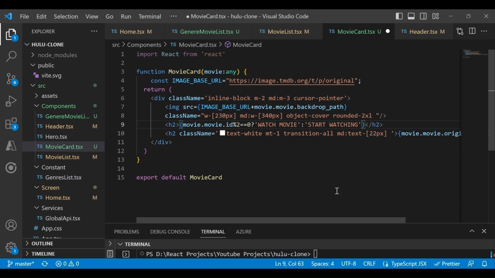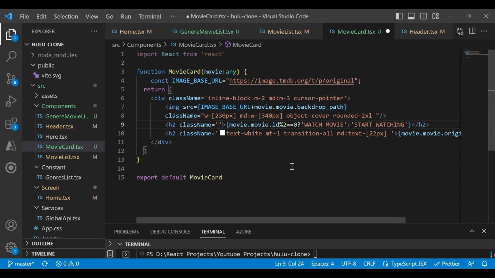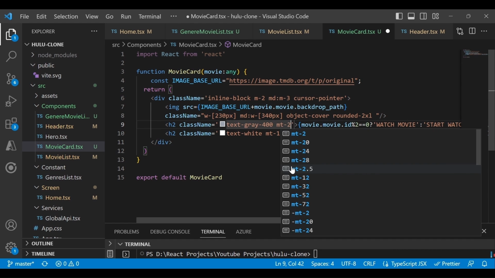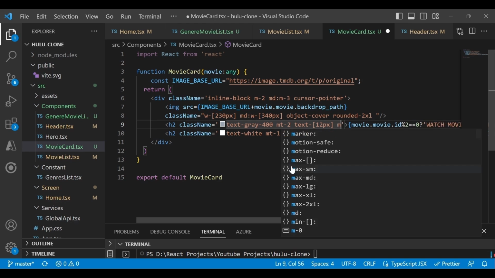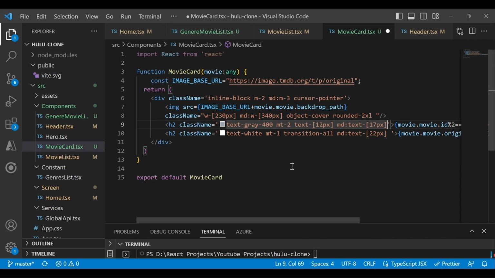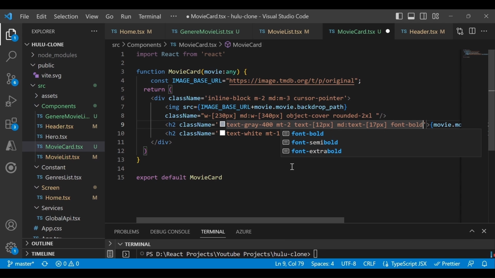Okay, very straightforward condition, and give some class name as well. So here I will give the text gray 400, then margin top 2. I will give the text size 12 pixel, and when the screen size is medium, I will give the text 17 pixel. Okay, and let's make the font bold. Okay, and save it.